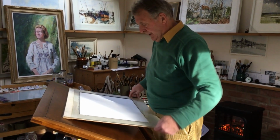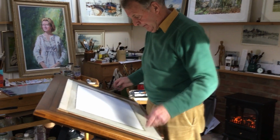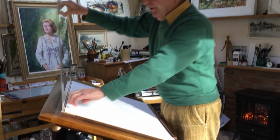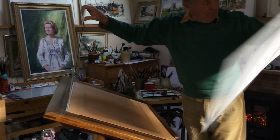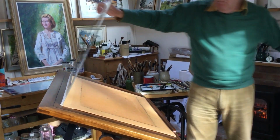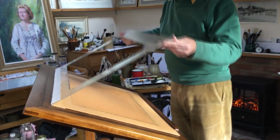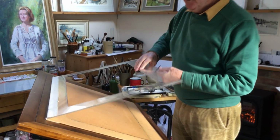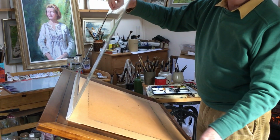Now I've had a lot of inquiries about the drawing board that I use. So let me describe how easy they are. They're all homemade and I have several of these of various sizes. Now the drawing board consists of a Perspex mount essentially. The Perspex is about 3 millimeters thick and it's the size of a mount and